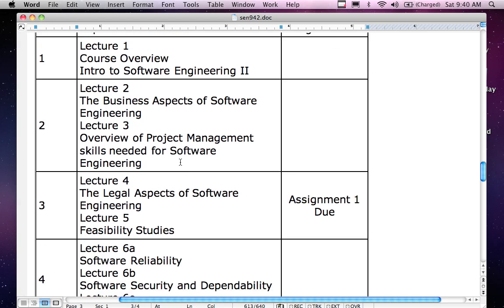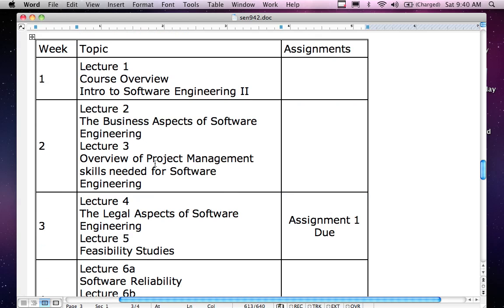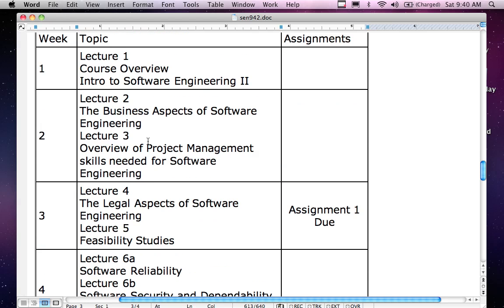So let me talk about what I'm going to talk about today. When we start the lecture portion, we're going to look at the business aspect of software engineering. I'm going to skip project management unless you guys want it. I skipped it for the weekday section because they said, oh, we don't like project management, it's boring. So I skipped it. But I am going to talk about the business aspect because it's actually not a bad